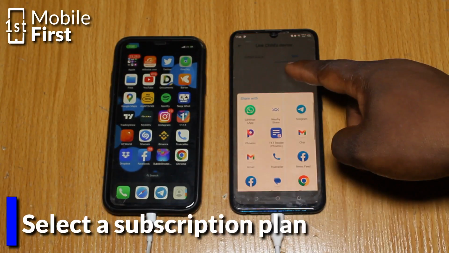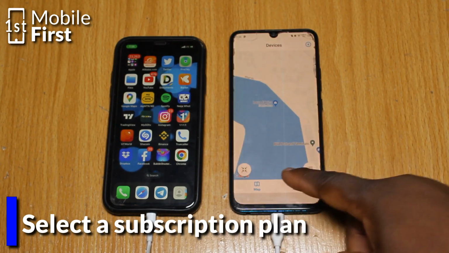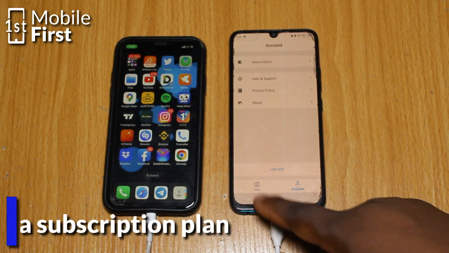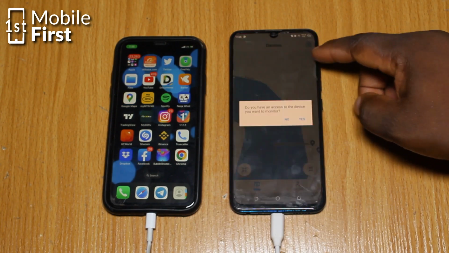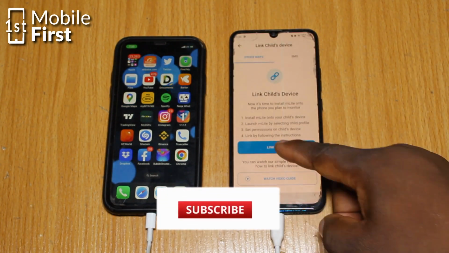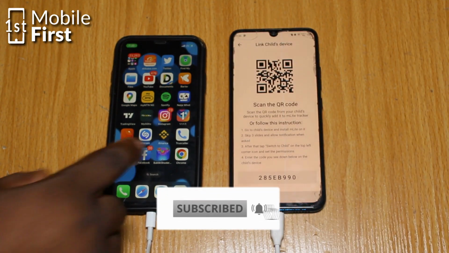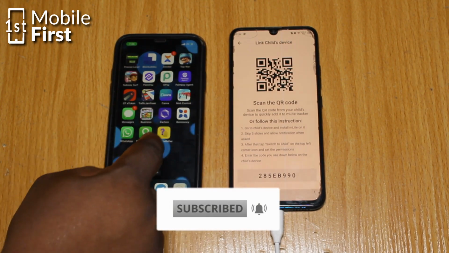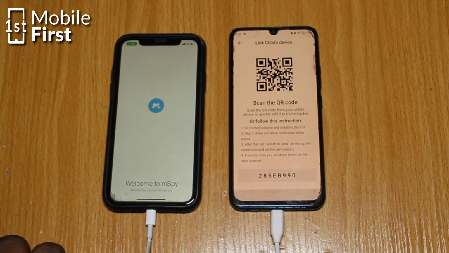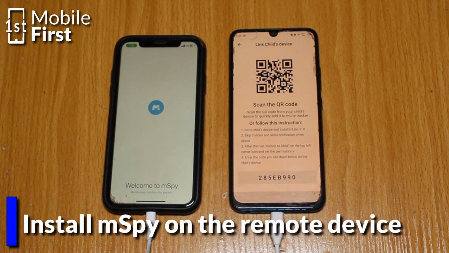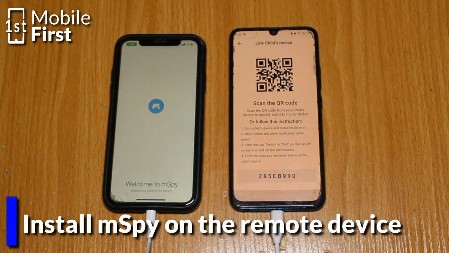Step 2. You can choose from a variety of subscription plans that suit your needs, depending on how many features you need and how long you need to monitor the phone. The app also supports a free trial so you can see how the app works before committing yourself to purchasing a plan. Step 3. Once you have an mSpy account, you'll need to install the mSpy app on the target phone